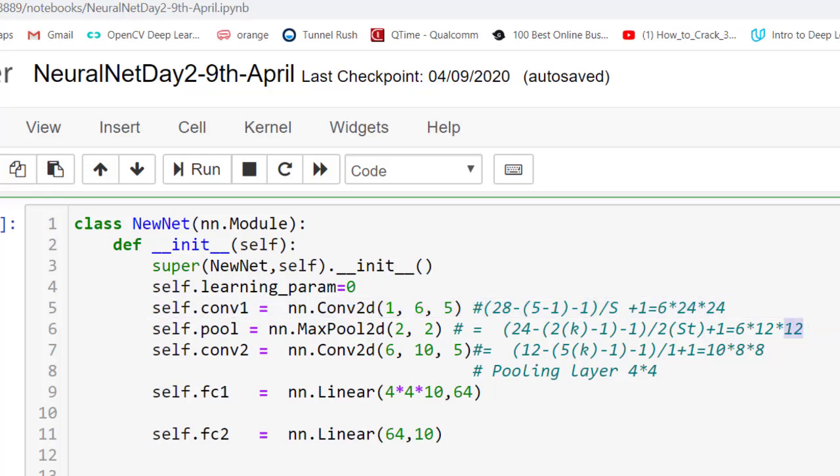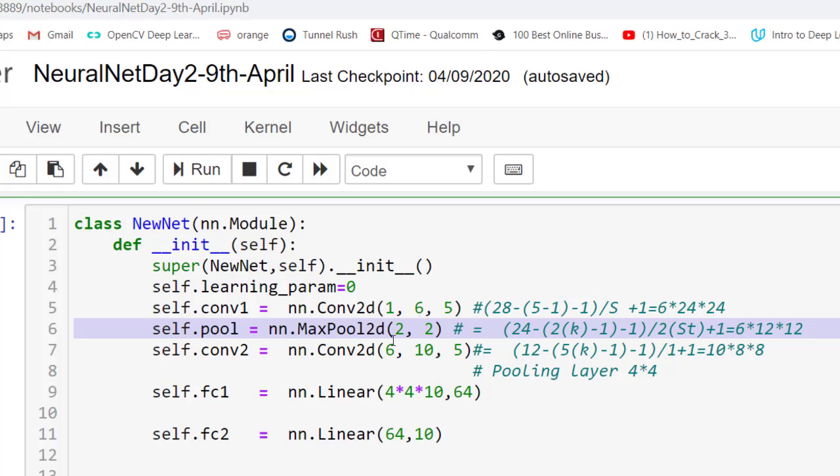This is fed to the max pool layer. So what the max pool layer does is, it takes every 2 by 2 and it pools them into one number. It takes the maximum of the 2 by 2 numbers. Okay, so it basically pools every 2 by 2 portion of the image and puts only one number out.